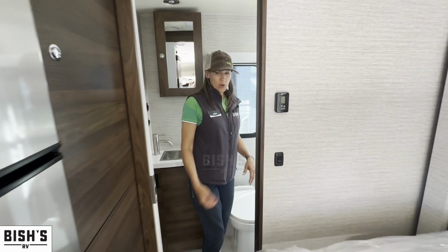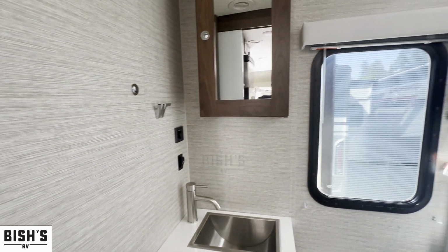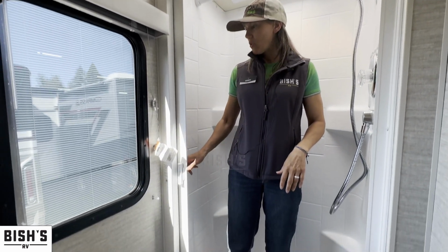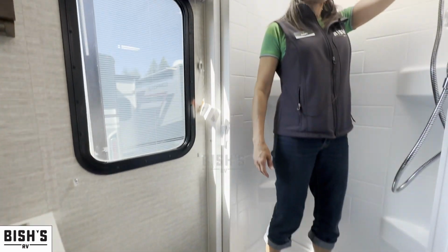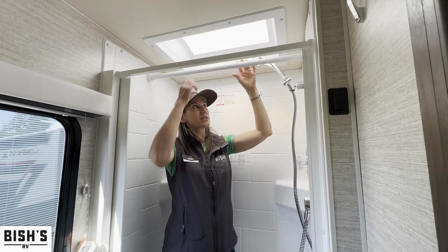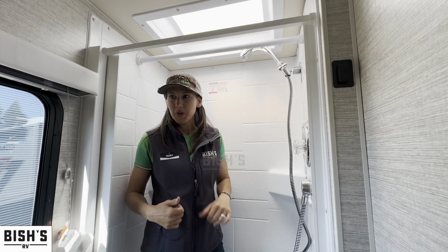bathroom. So a really good sized bathroom with a pocket door. And there's plenty of room in here. This is a slider, which is going to help you get all those little water droplets off. Slides all the way across. And I am about 5'4", and there's an extra bar in here. So you can also remove this bar. This is just extra. So if you want to put some clothing in here to have a little extra clothing